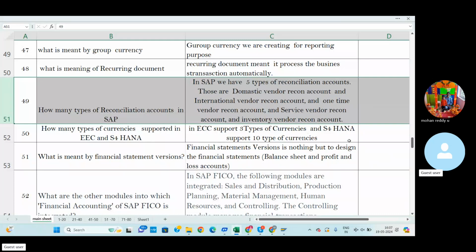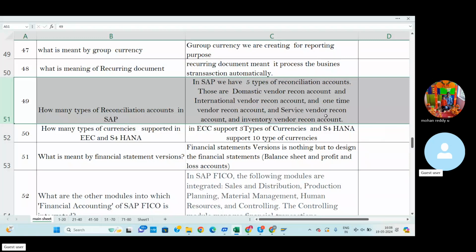At the same time, if our customer is from another country, we can use the international customer master data. And one more is the one-time vendor. If we deal in any transactions with our customer or vendor only a single time, for this purpose we create a one-time vendor as well as one-time customer account.